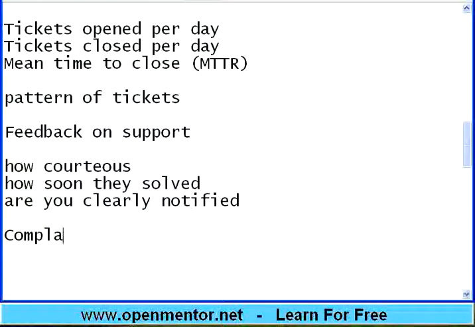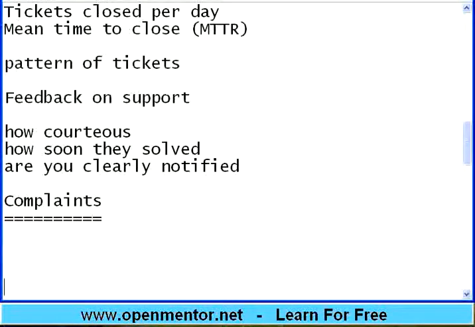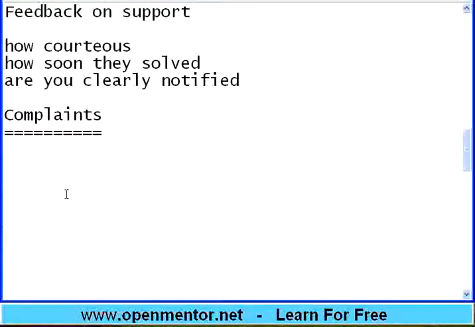Also, there is something called complaints. The complaints are also issues. Typically, we bifurcate: a ticket is a product or service related issue, and complaints are about soft factors, right? Many complaints may come. Yeah, the product is good, but the catalog is not good. I talked to your customer support agent, they said they will solve the problem, but they are not solving it. Soft issues. Complaints may be on the product, which we call a ticket.